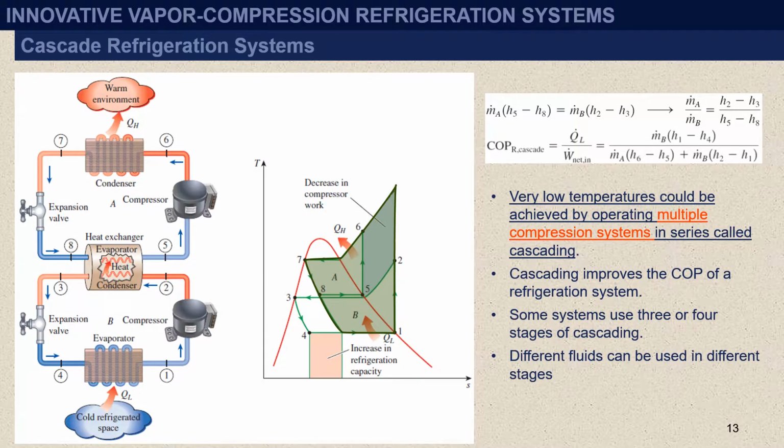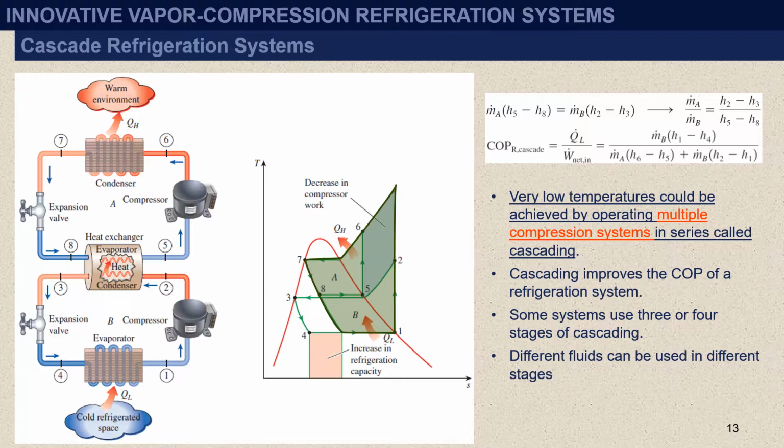Let's look at the cascade refrigeration system now. Some industrial applications require moderately low temperatures, and the temperature range they involve may be too large for a single vapor compression refrigeration cycle to be practical. A large temperature range also means a large pressure range in the cycle and a poor performance for a reciprocating